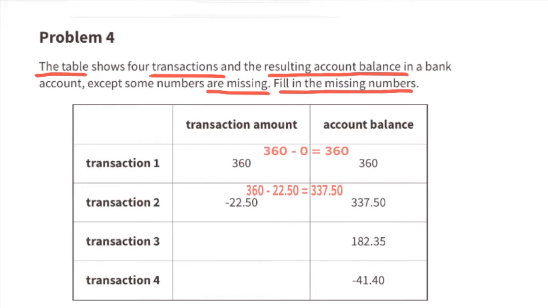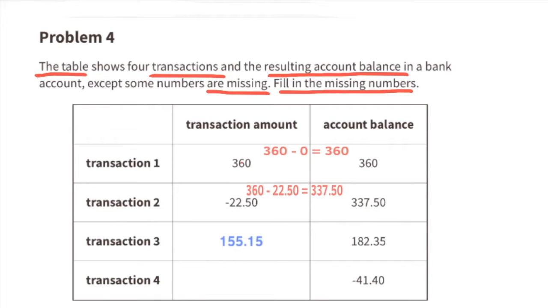$337.50. For transaction number 3, we end up with an account balance of $182.35. We can subtract $182.35 from the previous balance, $337.50. And the difference is $155.15. That means that the transaction was a withdrawal of $155.15. The account balance after transaction number 3 is